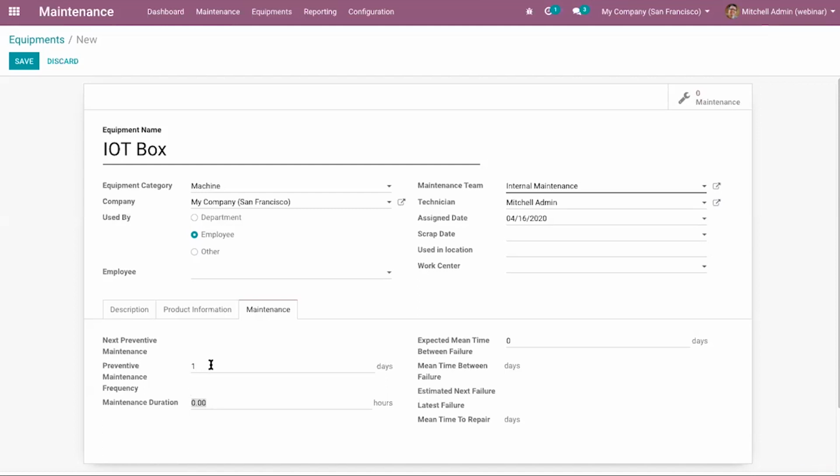Normally here the preventive maintenance is provided based on days and the maintenance duration is based on hours. Then we have the expected mean time between failure. This is one of the important things here, so we'll give more detail on this one. Expected mean time between failure